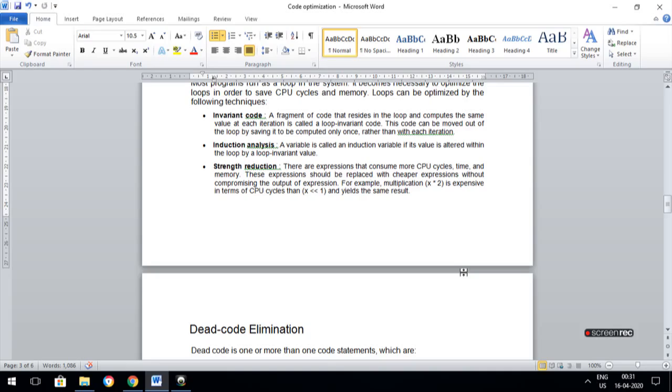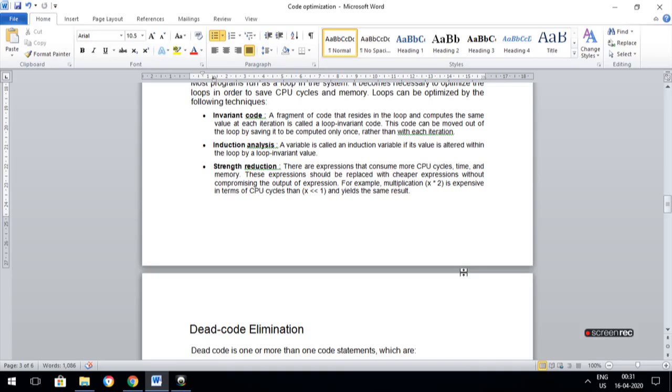So why do we go for invariant code? For example, if a piece of code is present in your loop, and that piece of code generates the same value for each iteration.